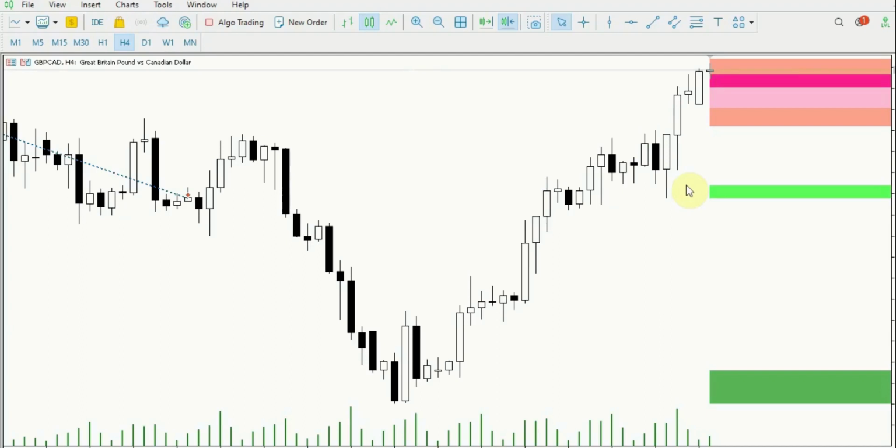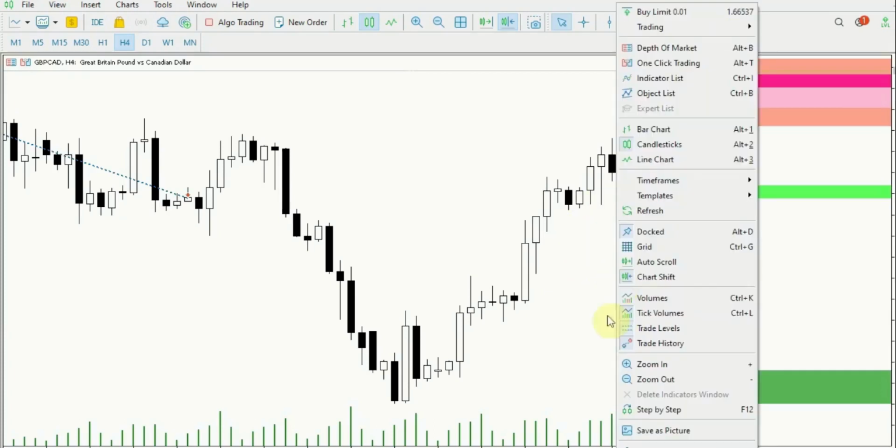So therefore, if you're a trader who is interested in the GBP CAD that we're using here and you identify a selling opportunity, for example, it is likely to be a very strong sell and the price is expected to drop significantly. And this will result in a considerable profit for you as a trader since this is a powerful zone, okay? And so these are the primary features of our supply and demand indicator, and everything is customizable to